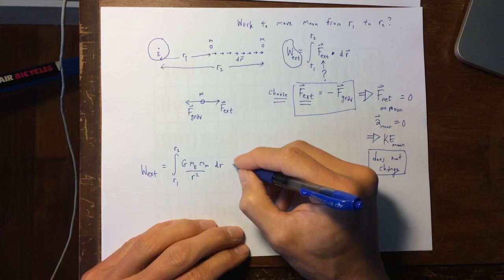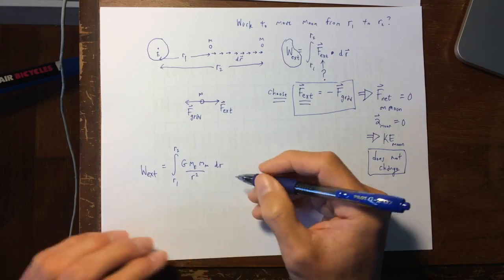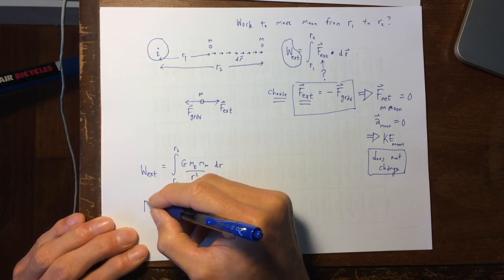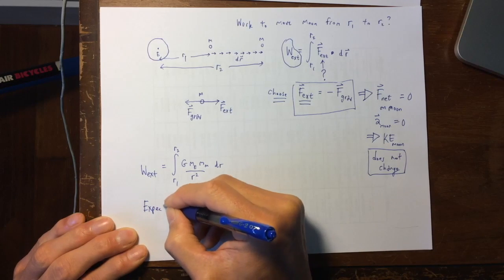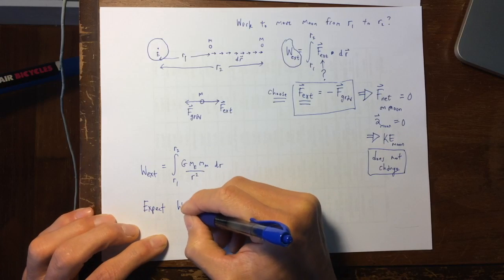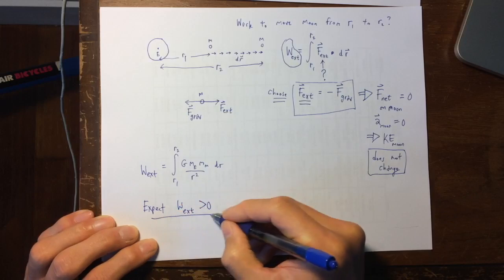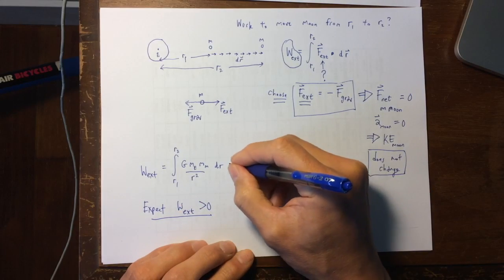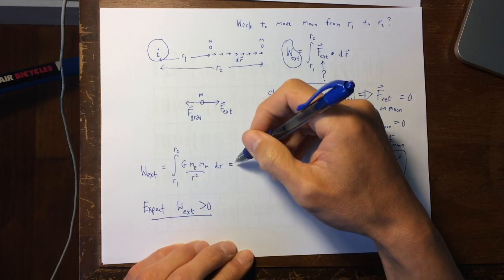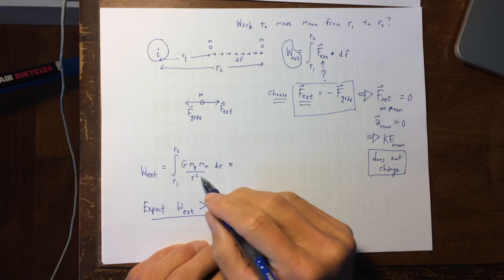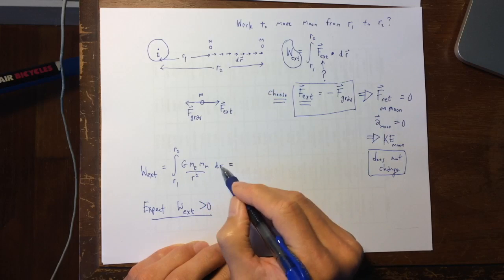Okay, so before I continue, I expect that the work done by the external force is positive, right? This is what I expect. So if I go up here and finish this calculation, what's crazy is I've got this 1 over r squared dr,